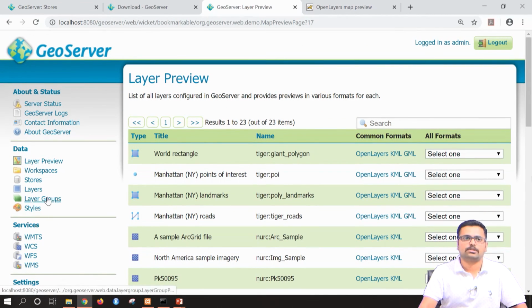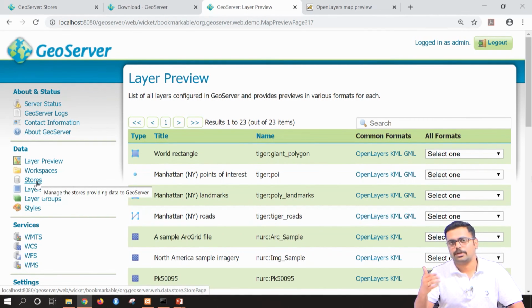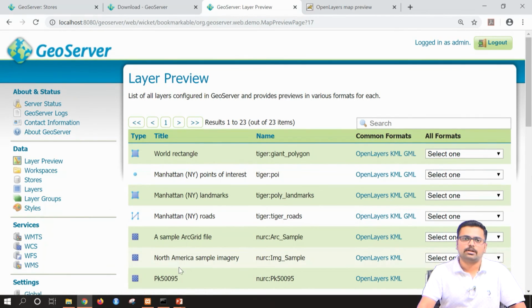To summarize, what we learned today in GeoServer is the layer preview, the workspace, how to create a workspace, under the workspace how to create a store, and from the store how to call in a vector or how to publish a vector data file.